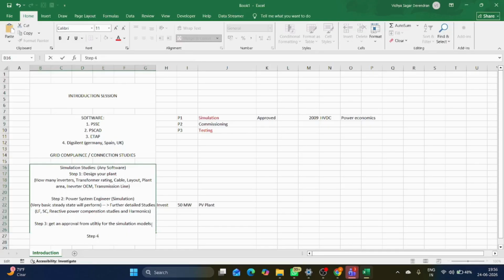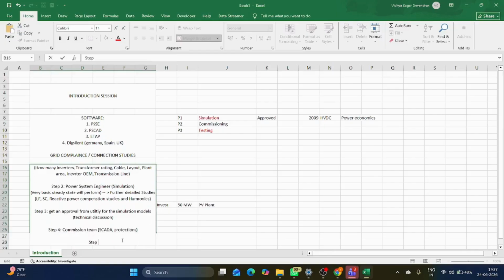Then step four is completely technical, a fully technical discussion may happen. As I told, the commissioning team should come into the picture. Here they will discuss the SCADA and protections, everything. Then step five, they will go for the testing